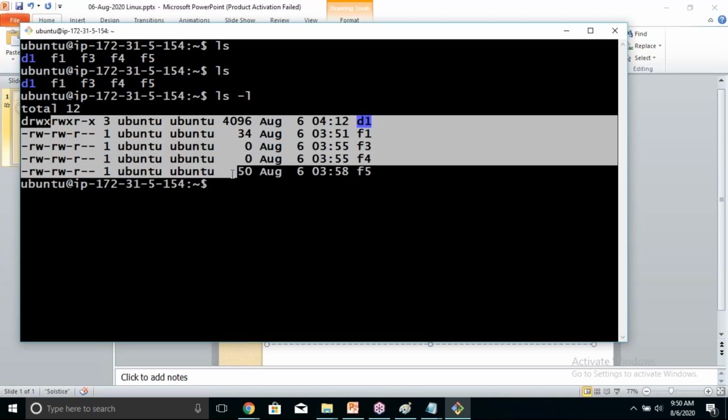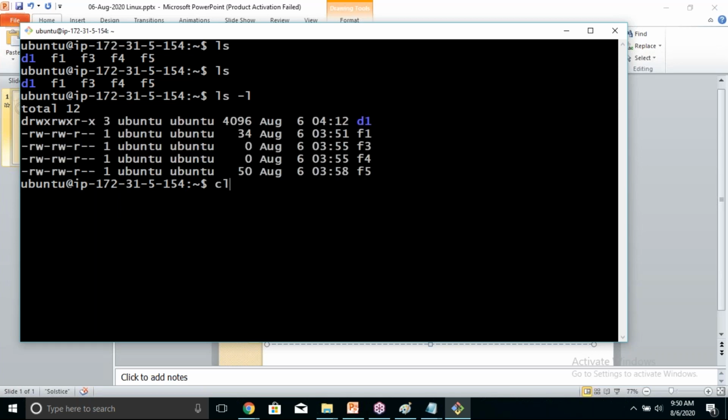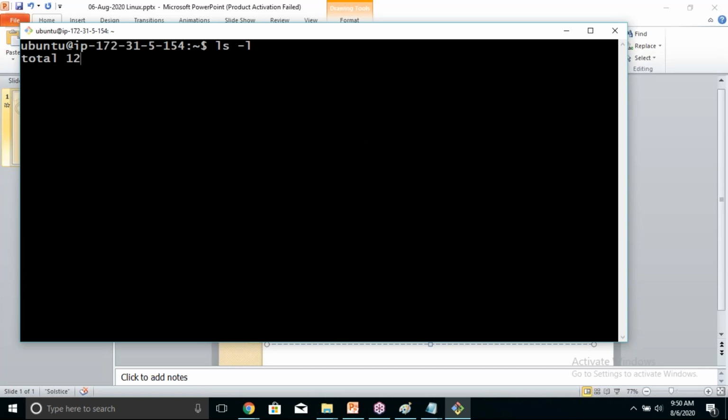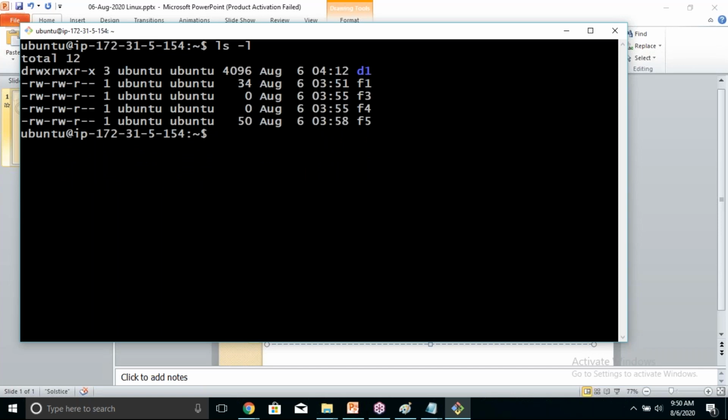So now you're in a position to get more information. How are you able to see more information? ls -l. Clear?